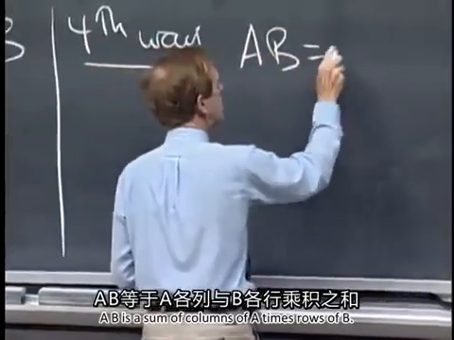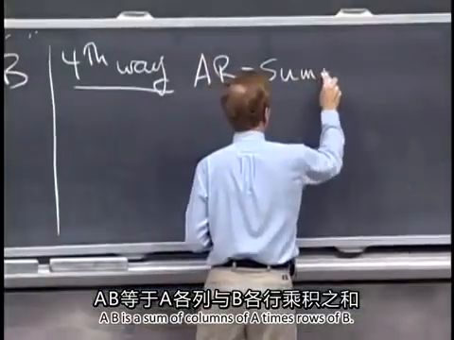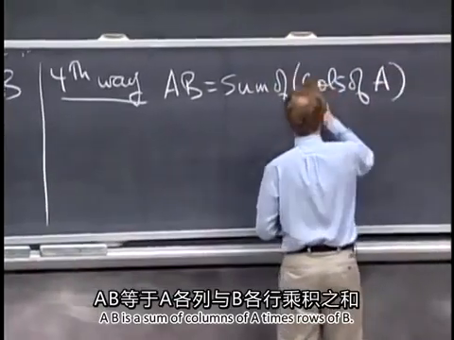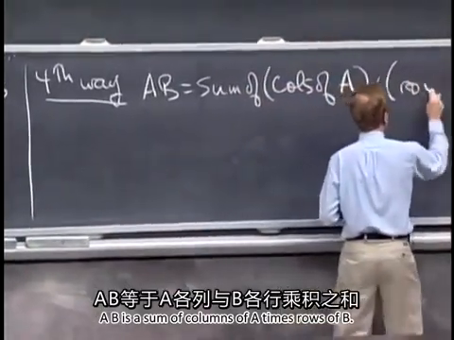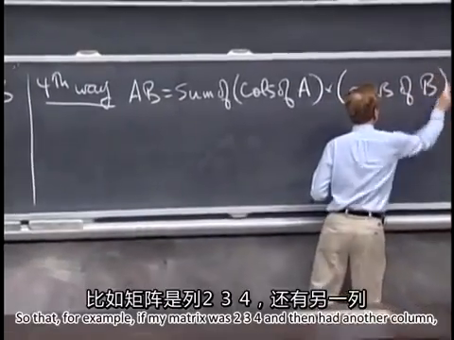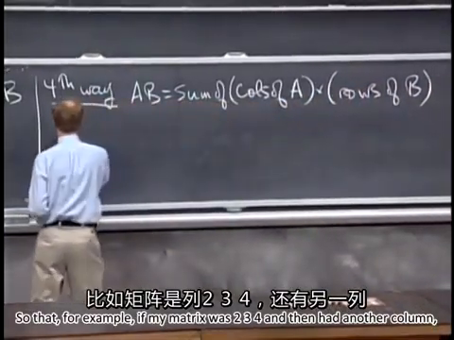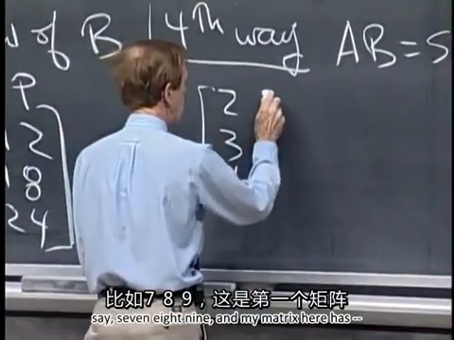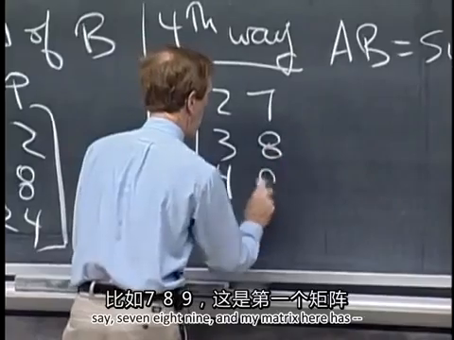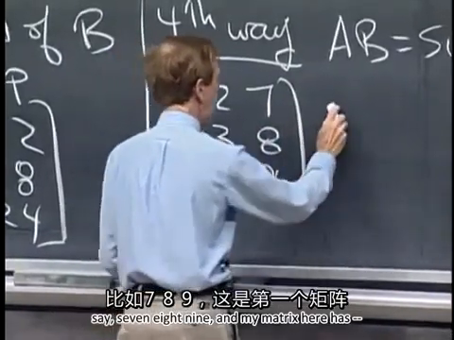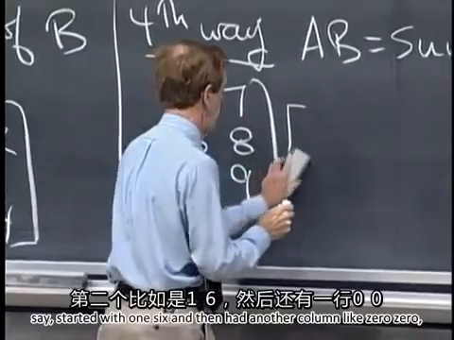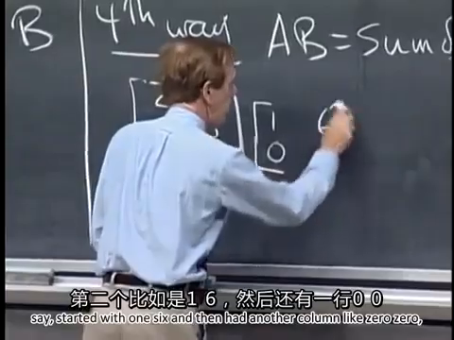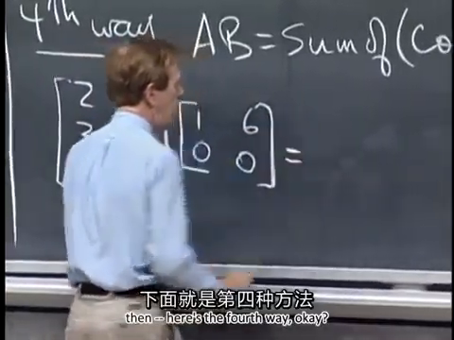AB is a sum of columns of A times rows of B. So that, for example, if my matrix was 2, 3, 4, and then had another column, say 7, 8, 9, and my matrix here has, say, started with 1, 6, and then had another column like 0, 0, then